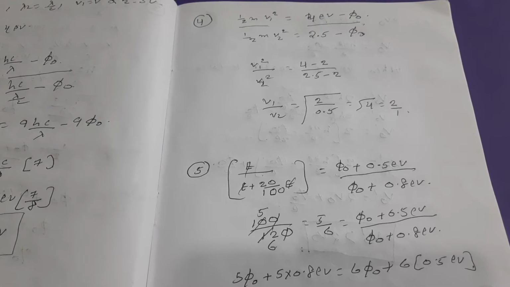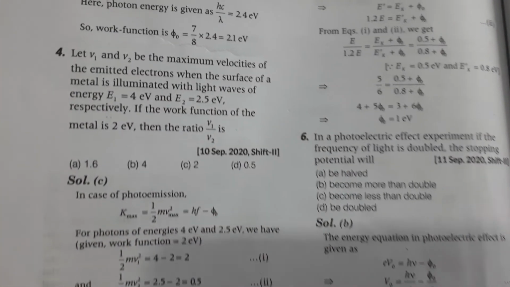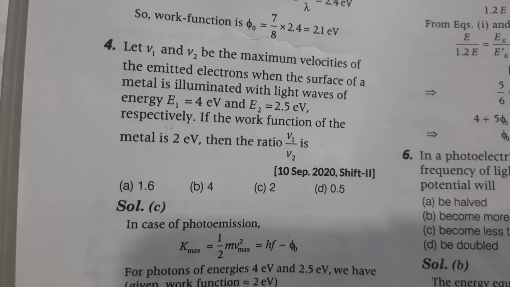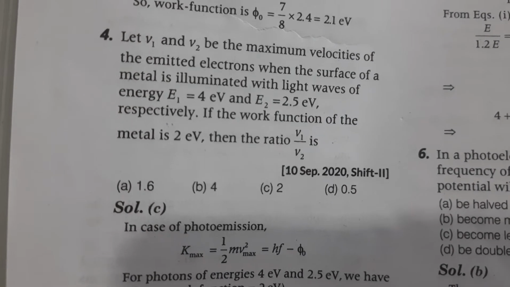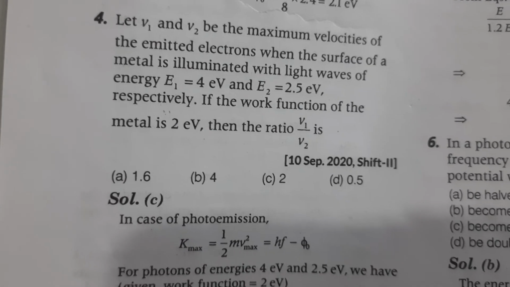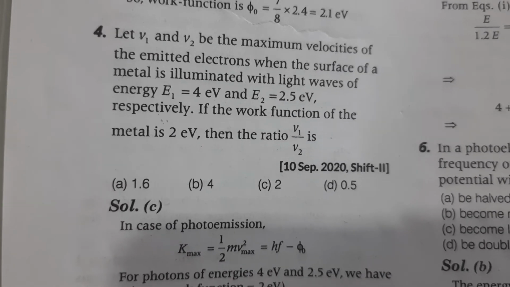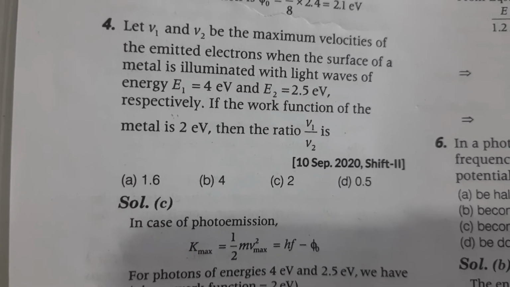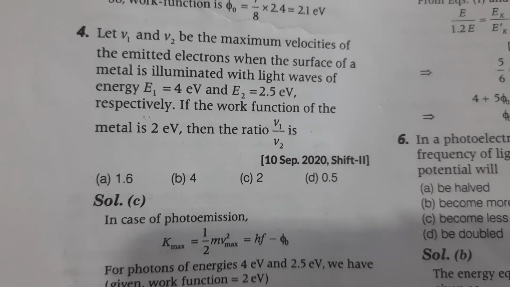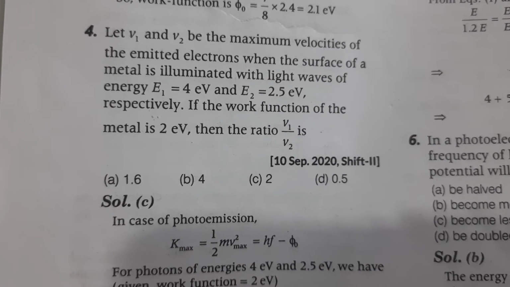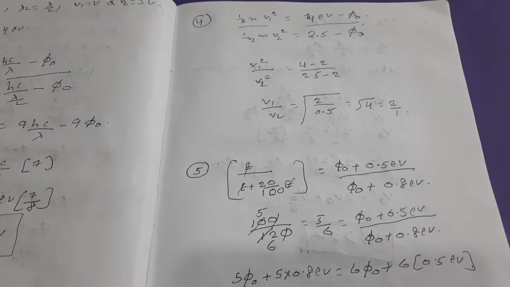See, that is the fourth question. Let V1 and V2 be the maximum velocities of the emitted electrons, and E1 is 4 electron volts, E2 is 2.5 electron volts. If the work function of the metal is 2 electron volts, then the ratio of V1 and V2 is,